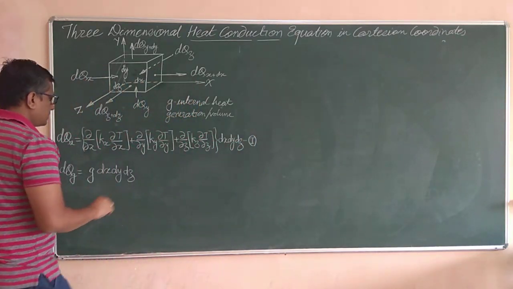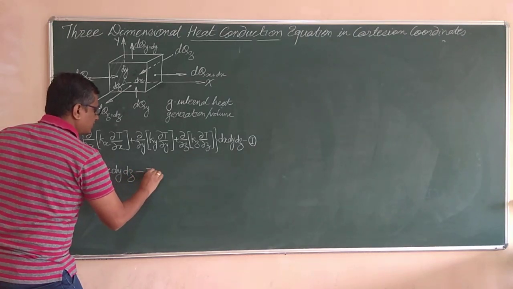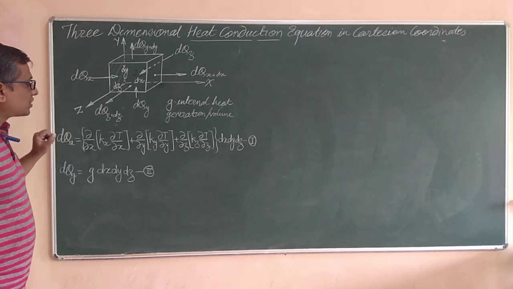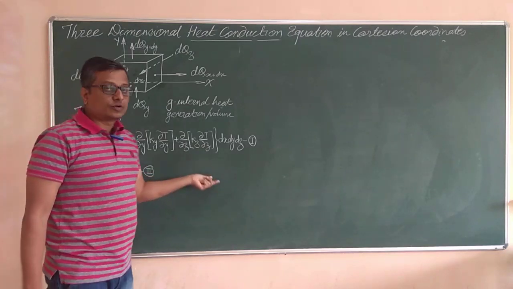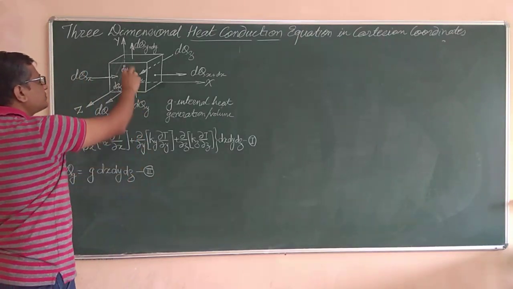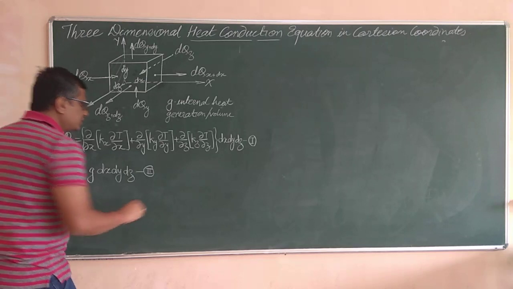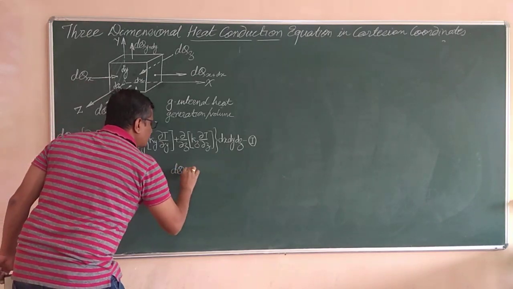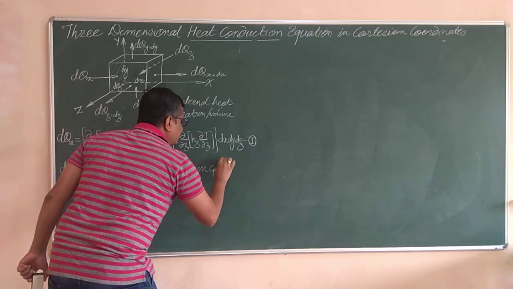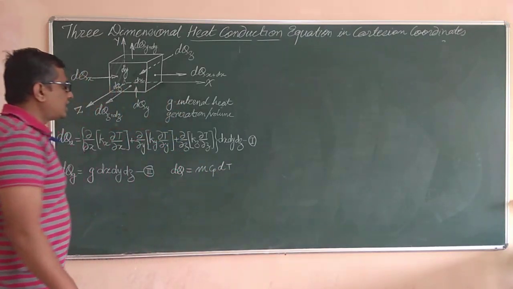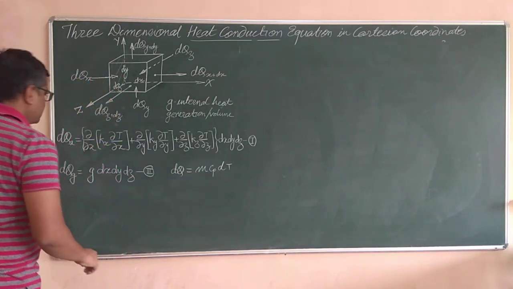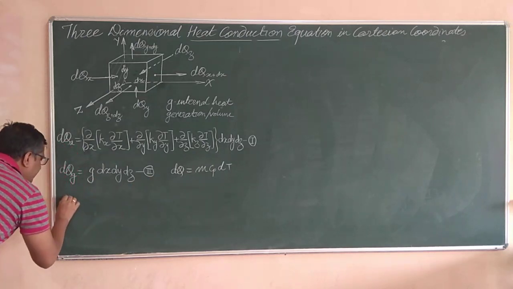First part of the equation. This is the second part of the equation. The second part we got very easily. The next one, the third part, was the rate of accumulation of heat into the element, and that will be equal to, if I take the heat energy persisted by this one, that will be dq, and we know that this dq is equal to the mass of the element into specific heat into dT, where the temperature change is. And that too, the rate of change of heat with respect to time, then this dq dot can be taken as